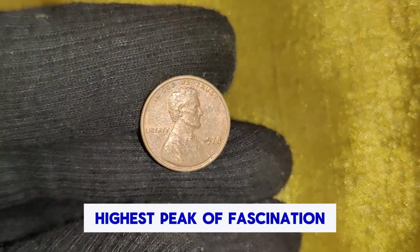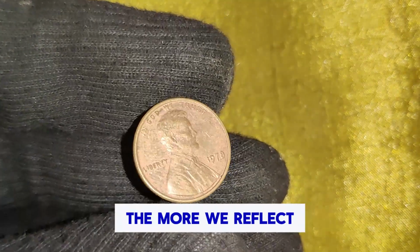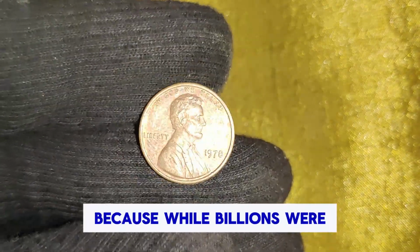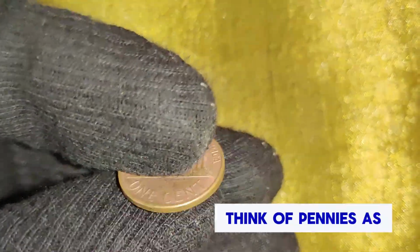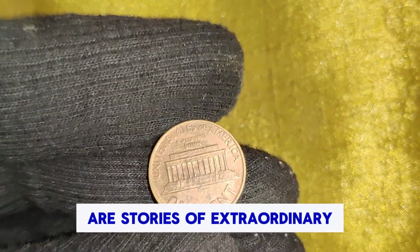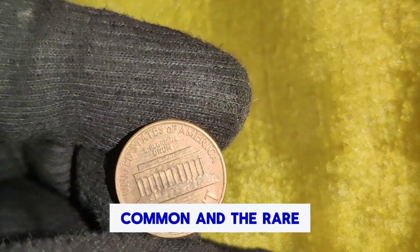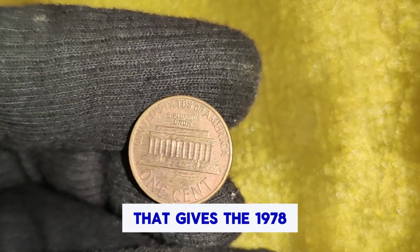highest peak of fascination. The fascination with the 1978 1-cent coin deepens the more we reflect on what it represents, because while billions were minted, and while most people think of pennies as almost worthless, the truth is that hidden among the ordinary are stories of extraordinary fortune. It is this contrast, the tension between the common and the rare, that gives the 1978 penny such a powerful